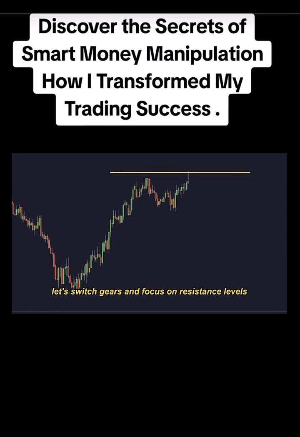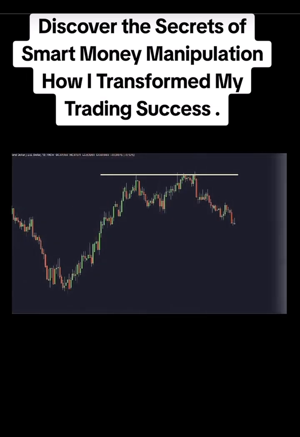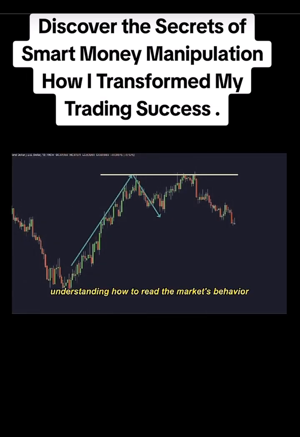Alright, let's switch gears and focus on resistance levels. Think of a resistance level as a ceiling that the price struggles to break through. It's a point where sellers come in strong, preventing the price from going any higher. Understanding how to read the market's behavior as it approaches these levels can give you a real edge in your